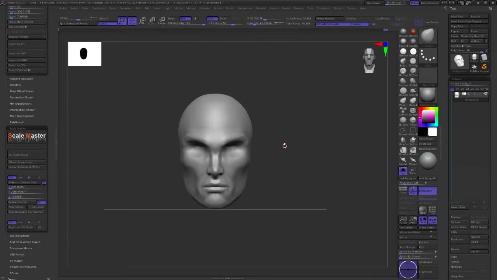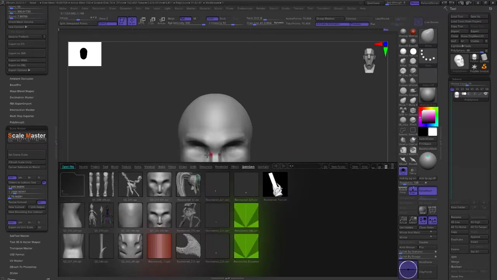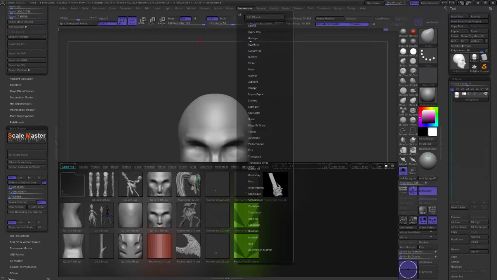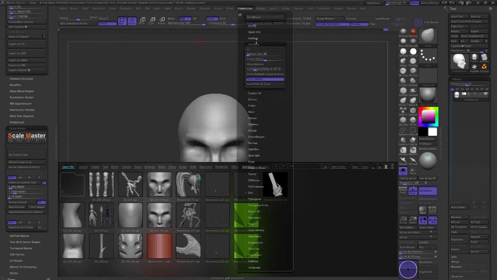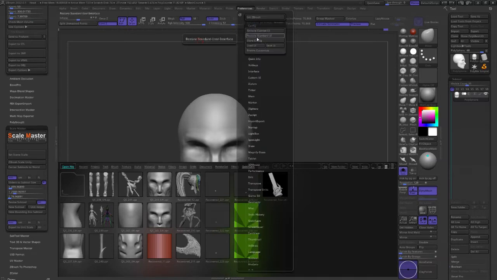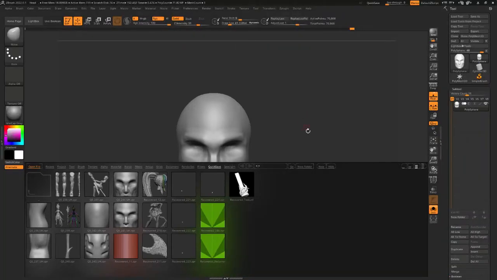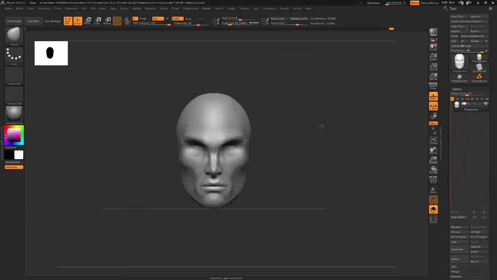Okay, because we are going to start a new piece, we are going to open our lightbox. I will change it to the standard UI, user interface. To open the lightbox, it's this button, or we can press